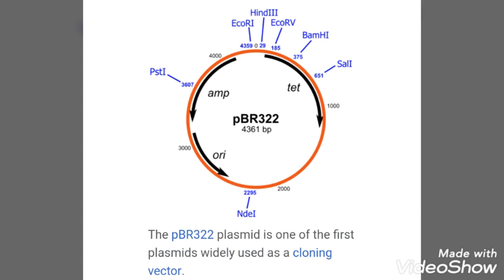And the characteristics of plasmids: an ideal plasmid has low molecular weight for easy movement, and an ideal plasmid is a round circle that can easily transfer from one cell to another cell. It has an origin site, and it also has an antibiotic resistance site, and restriction enzyme cutting sites are also present in the plasmid. So all these are the important aspects of an ideal plasmid. You have to mention all these things in this lesson.